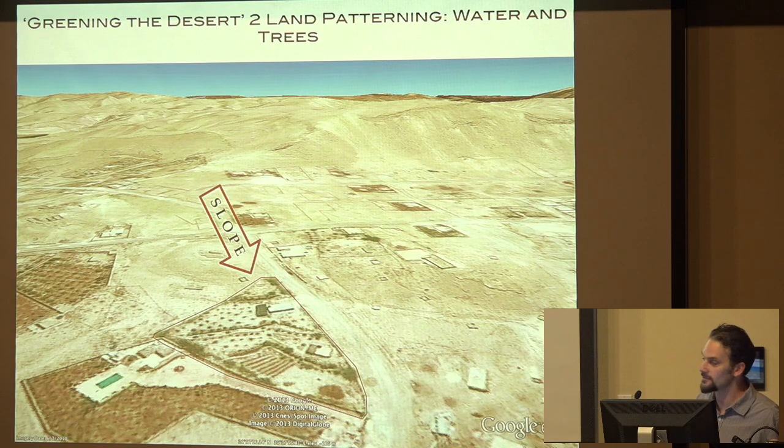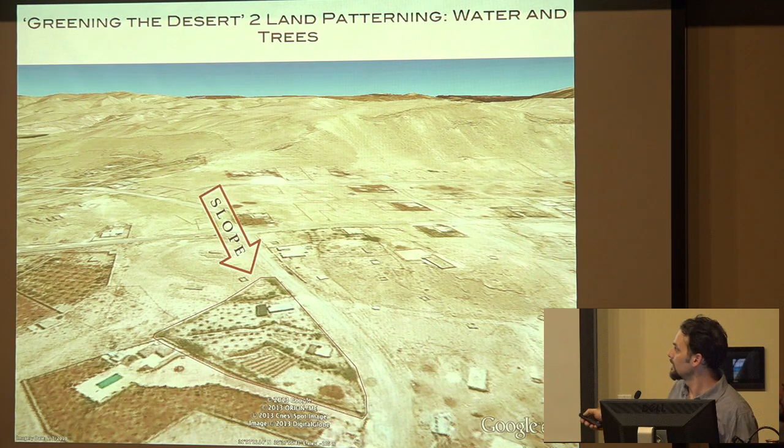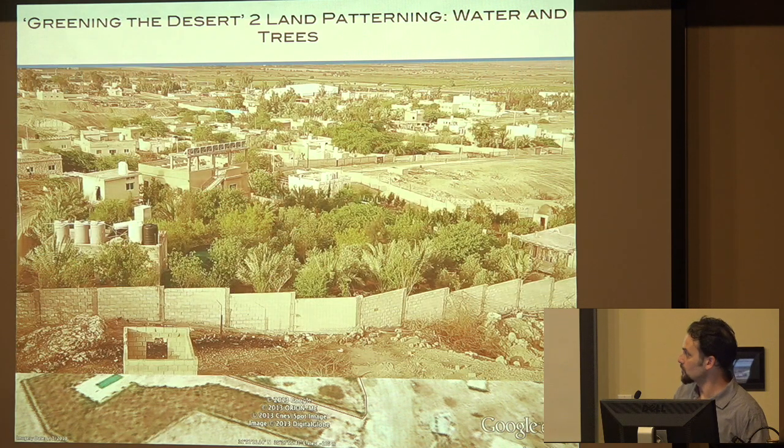Hyper arid area near the Dead Sea, one of the lowest zones in the world. So here you can see what the landscape looks like, barren, but we have a slope here, and you can see they've put in these swales for water collection, putting in a lot of hardy nitrogen-fixing trees to create the environment to put in orchards. And this is a project by the Permaculture Research Institute, and this is now